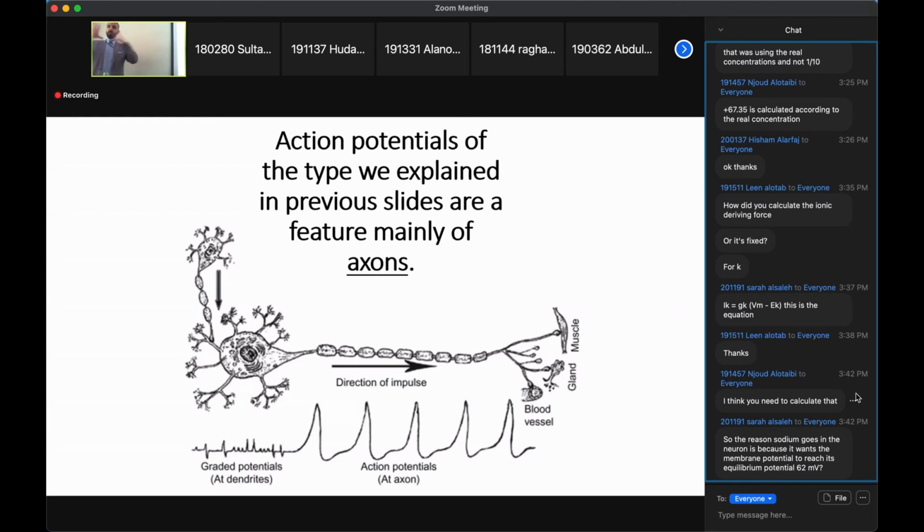If the graded potential was big enough and was able to reach the axon hillock, to bring the axon hillock to the threshold for opening the voltage-gated channels, this would result in the generation of the action potential. Okay? If it wasn't big enough and it wasn't able to take the membrane at the axon hillock to threshold, this would not result in an action potential. Okay? Is this clear? You have a question?